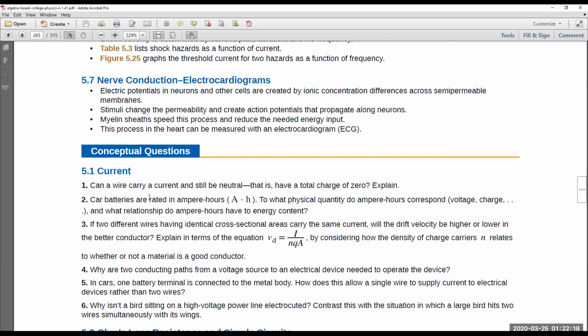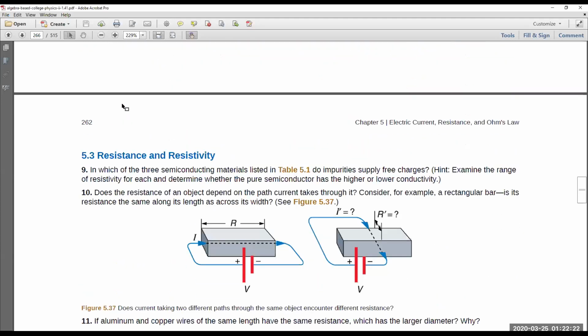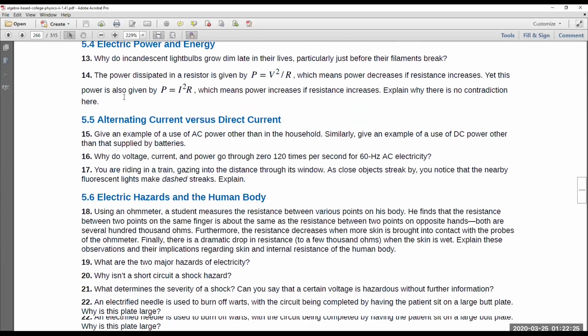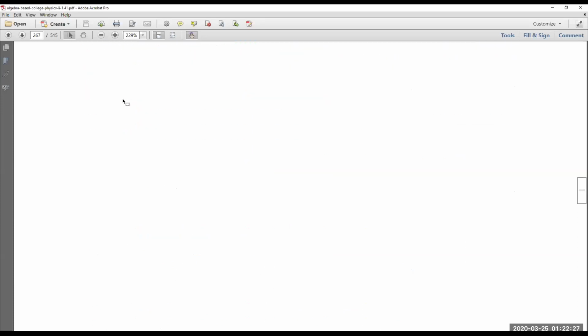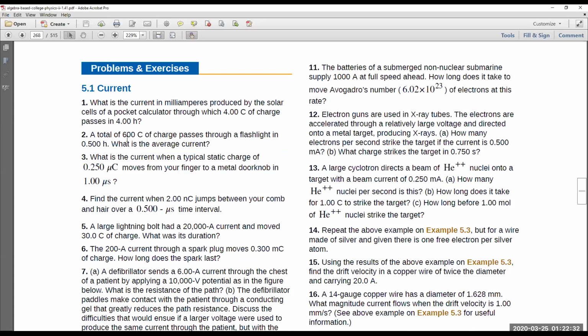So from here, we have the conceptual questions. And then if you keep scrolling down, you go to the section on problems and exercises. This is where you should really focus. So for instance, what is the current in milliamps produced by the solar cells of a pocket calculator through which 4 coulombs of charge passes in 4 hours? Okay, so